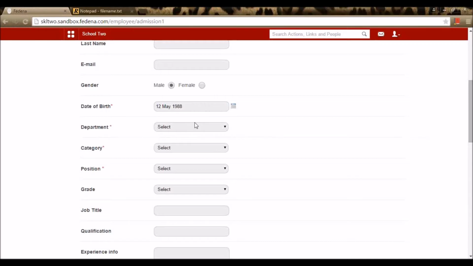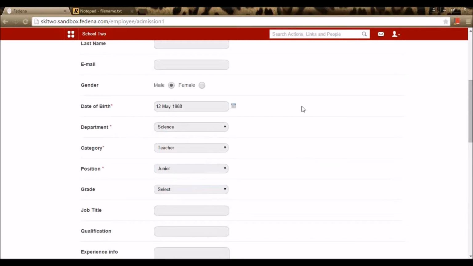Here it's asking me to select the department in which the employee falls into. I need to select the department, say science department. I need to select a category for the employee. So is this employee a teaching staff or any other department, say finance category or human resource category or inventory category or librarian? So in case this employee is in the teaching department, I'm putting the employee into a category name, say teacher. And what position does this employee have? Junior teacher or a senior teacher? Let me select the option junior teacher.